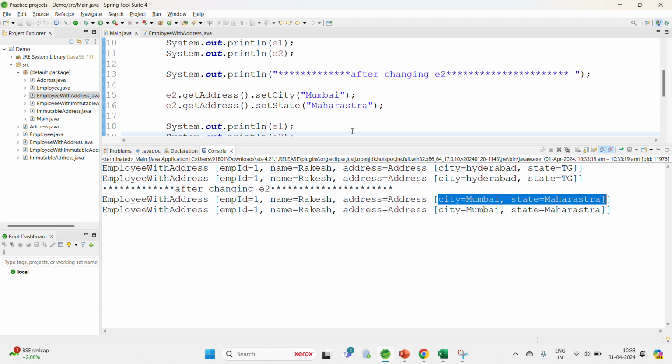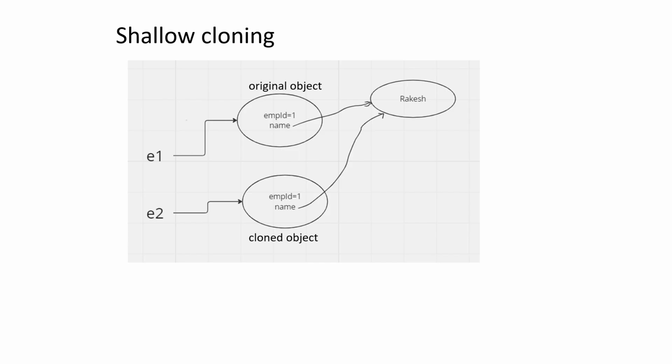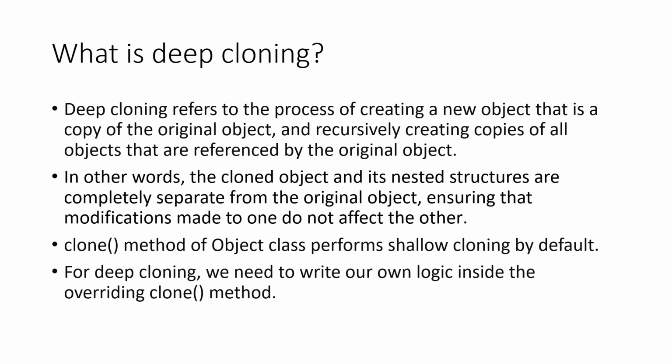You know, right? It is by default shallow cloning we are doing. Shallow cloning, what will happen? In shallow cloning, this is how it will work, right? They will be pointing to the same object. If you take some other example,